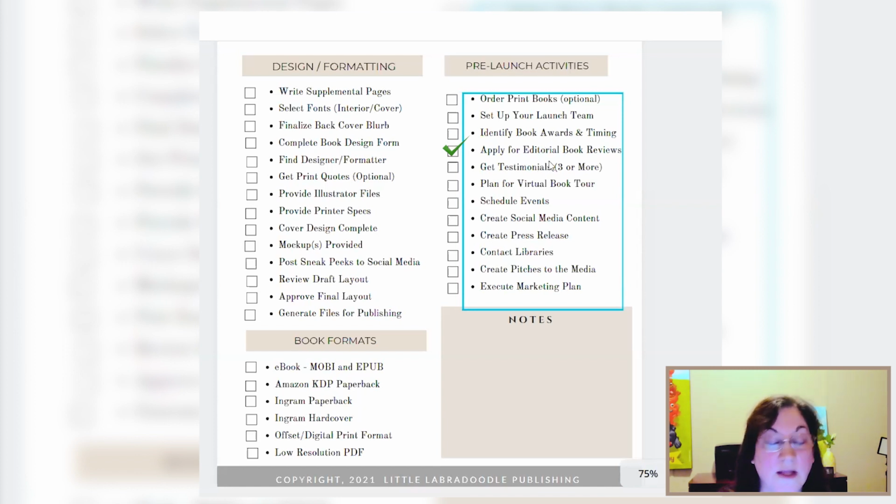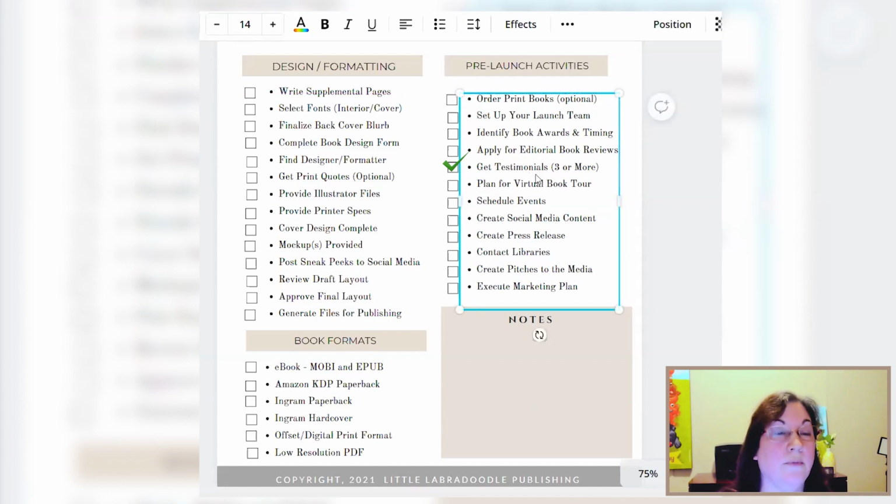Let's get some really great quotes you can put on the back cover of your book and put into your editorial reviews on Amazon. Try to get some testimonials too. If you have, for example, a librarian in the area, or you have a social media influencer. I'll give you an example. For my anti-bullying book, I had a parent, I had a school teacher, and I had a counselor, a psychologist, all give me a testimonial that I could use.